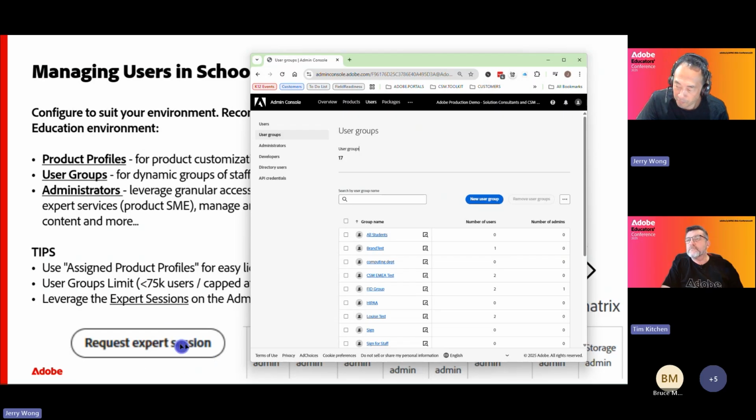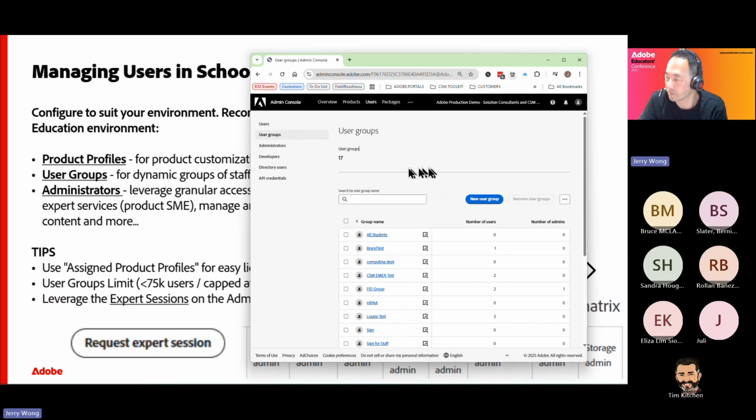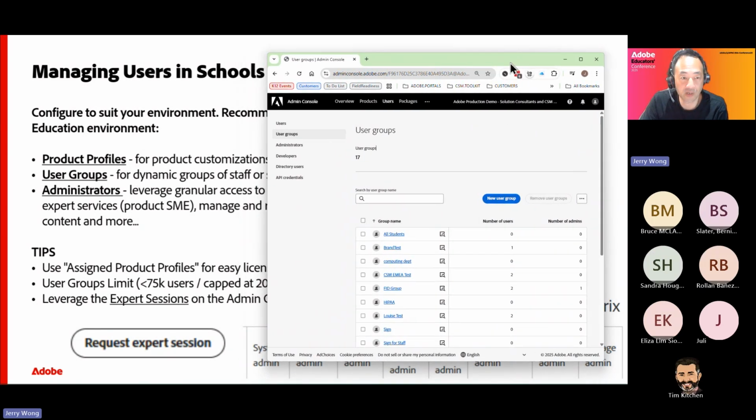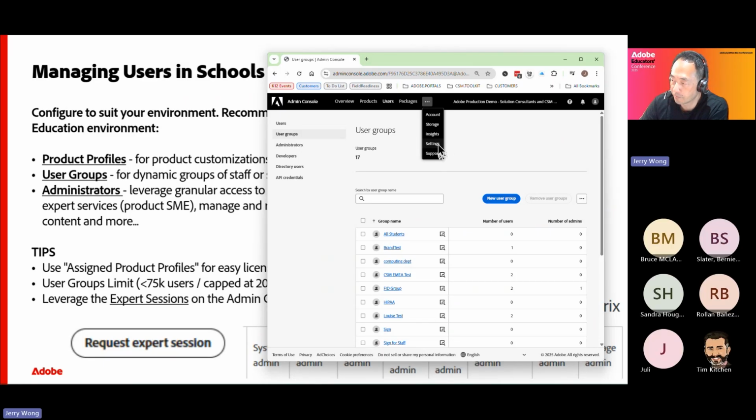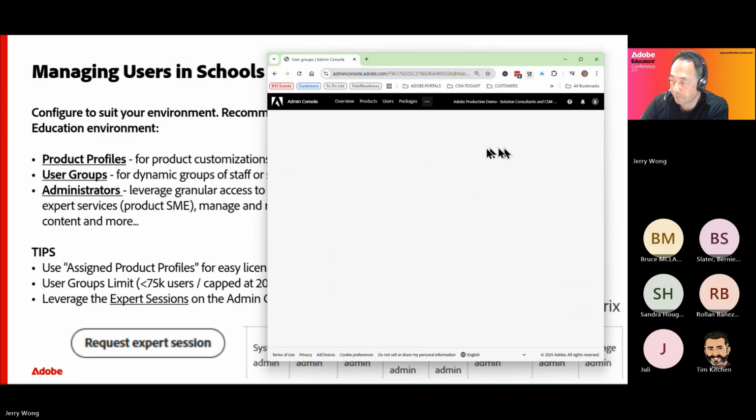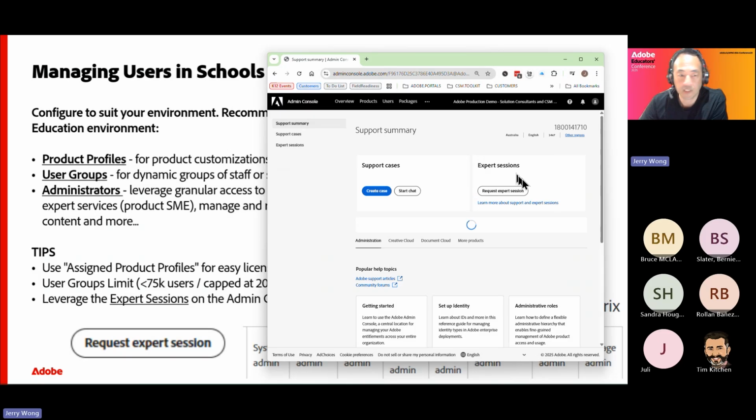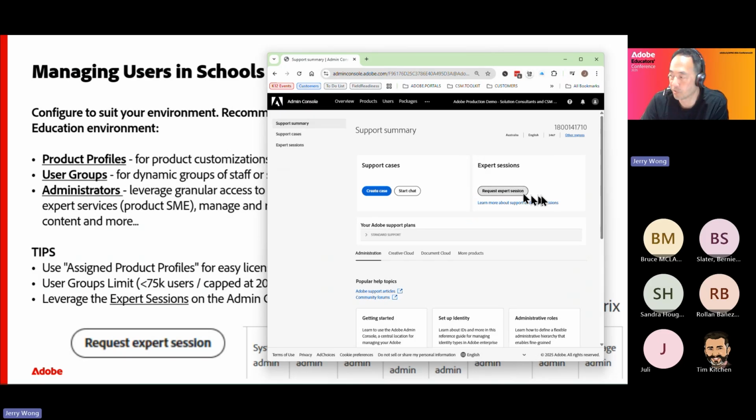And you probably see that big button down here, requesting expert sessions, and that would be one of the things that we mentioned. I think that would answer your question there, Bernie. Yes, you can provide access to resources within the support features here, where you can get access to an actual product expert. It doesn't necessarily have to be a technical question,